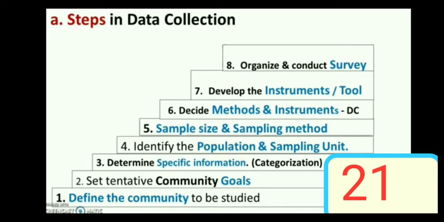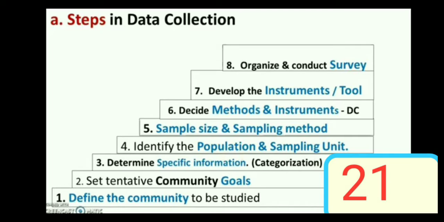First of all, we should define the community before studying it, and second, we should set a goal for the community area we are going to. Third, you should categorize the information from the community area.